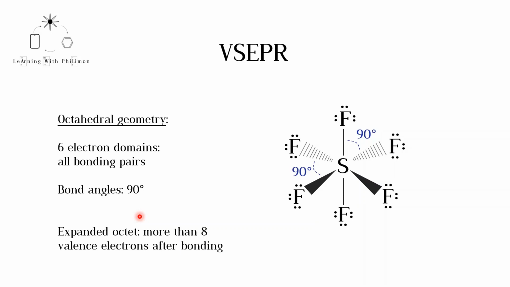The molecular geometry is octahedral. These 4 fluorine atoms are in the same plane. The dashed bond indicates that the atoms are going into the page away from you, and the bold bonds indicate that the atoms are going out of the page toward you. The bonds arrange themselves as far apart as possible in this plane so as to minimize repulsion, so the bond angle is 90 degrees. There are 2 more fluorine atoms on the vertical axis that are perpendicular,